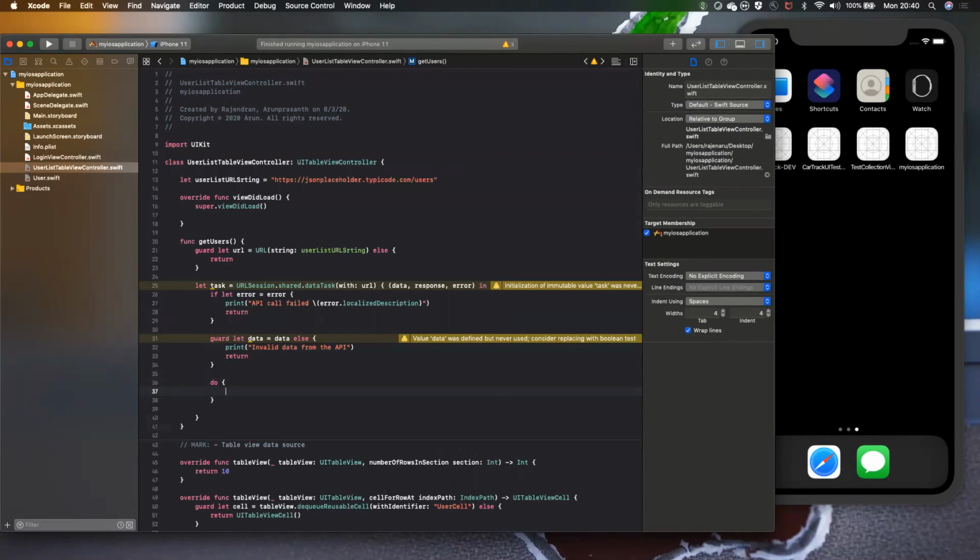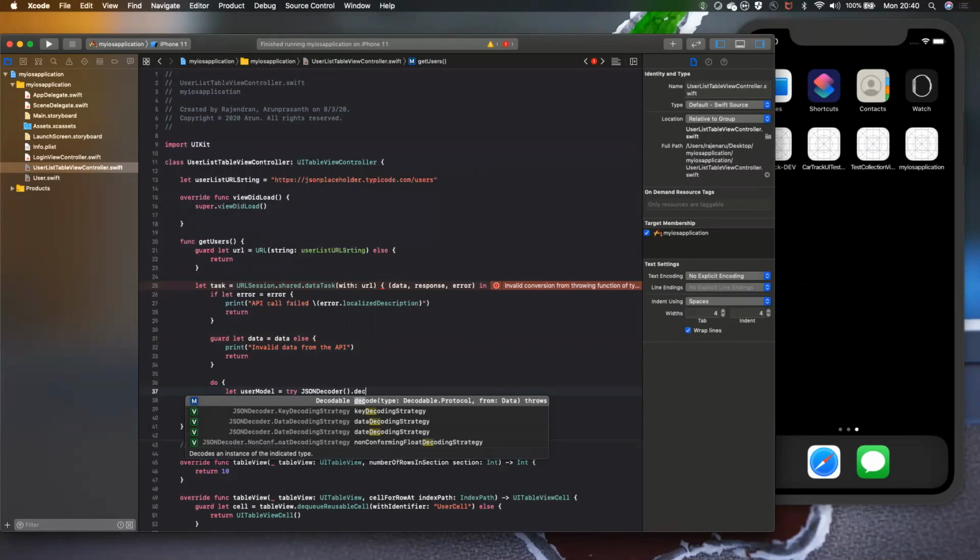If it is a failure, we can catch and display it in the catch section. So first I will create a do block. In this, I will be getting a user model. I will create a variable with user model, and I will just give a try JSONDecoder. This is used to convert the JSON response into the model object. I'll just type decode,